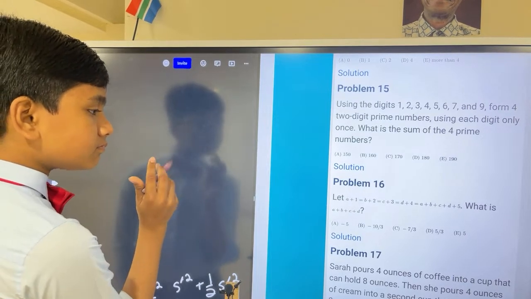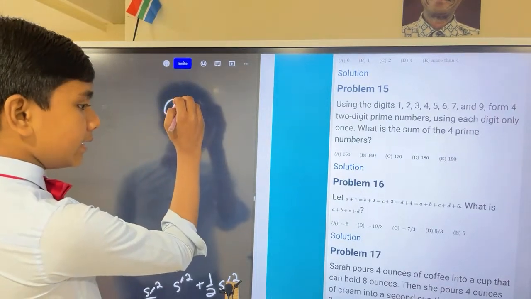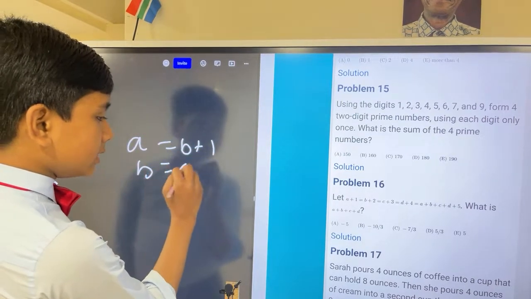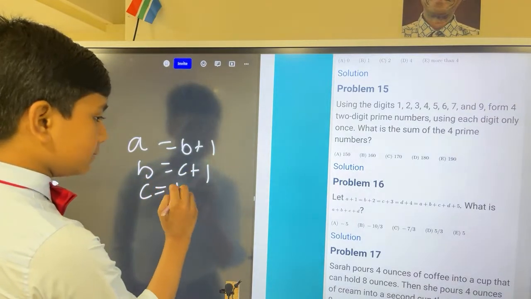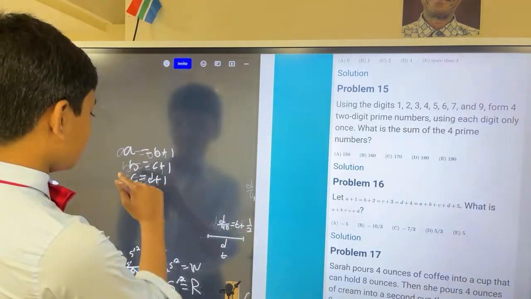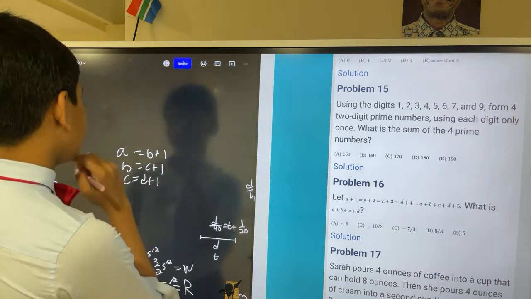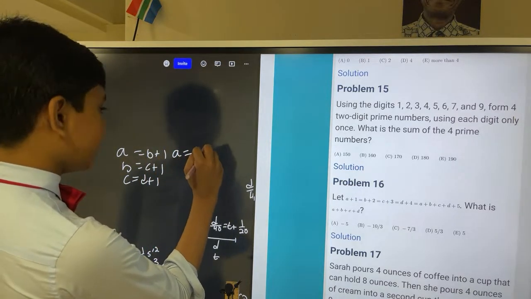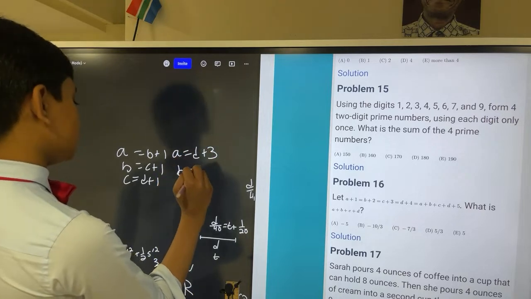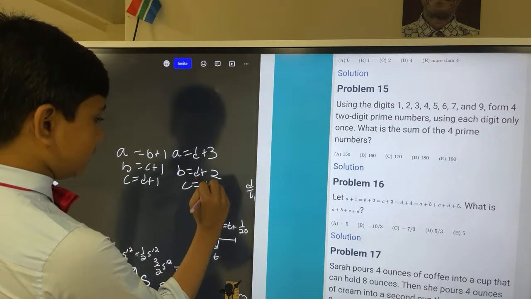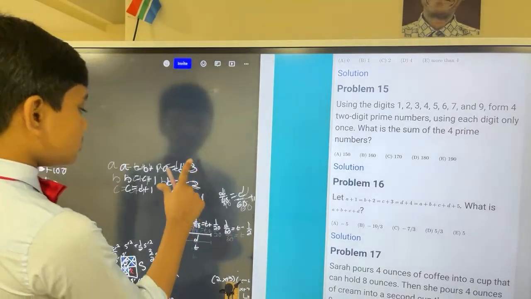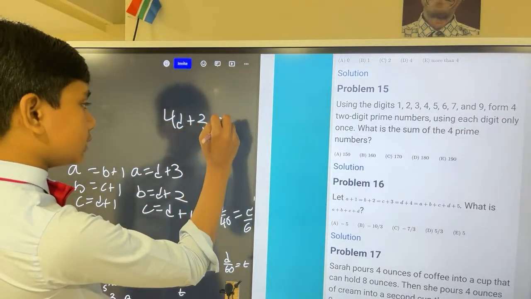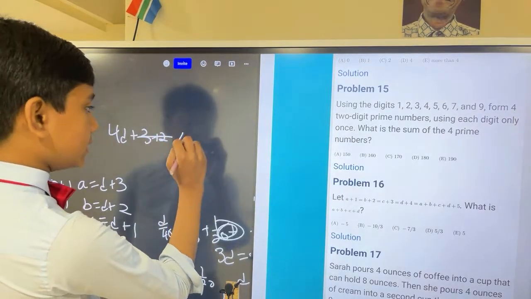Well, that means A is equal to B plus 1, B equals C plus 1, C equals D plus 1, and so that means that A is equal to D plus 3, B equals D plus 2, and C is obviously D plus 1. So that means that we have 4D plus 3 plus 2 plus 1, which is 6, is equal to A